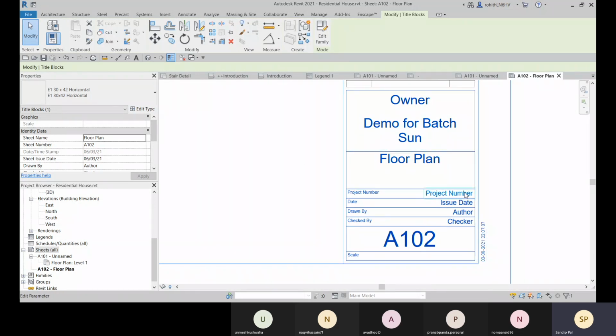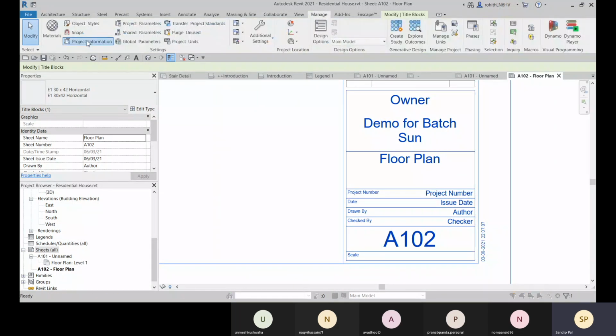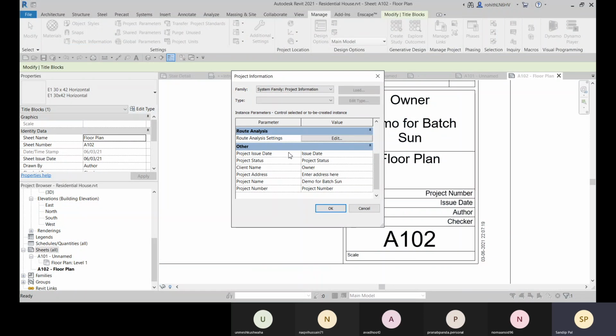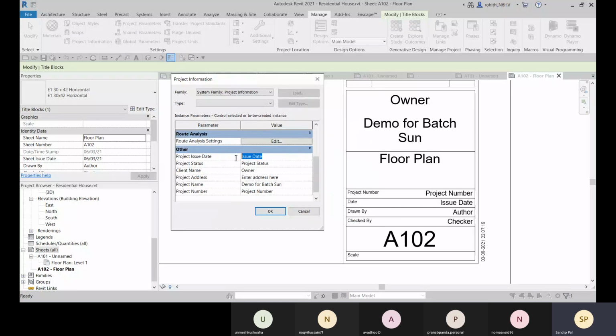So these are the labels which are added: project number, the date, issue date. So for this issue date, you can go to that manage project information, and there you have this issue date. Okay. So here you can see that it's the date. So you can mention today's date, 03/06/21.